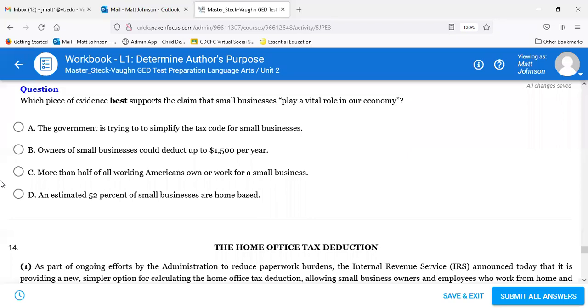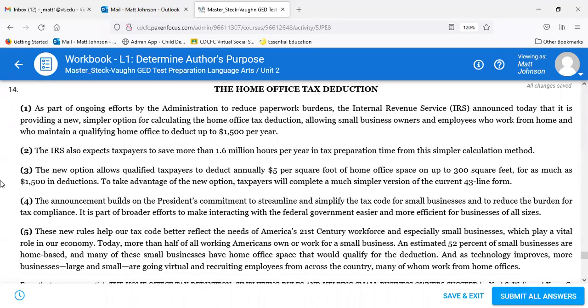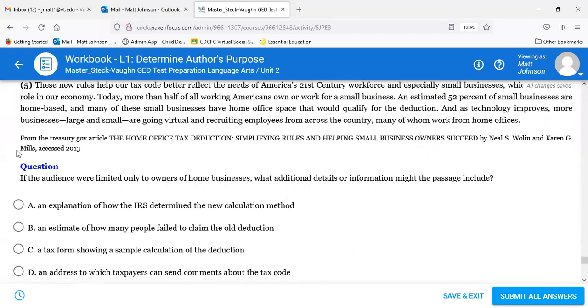C. C, yeah. Why is small business important? They play a vital role in our economy. The evidence that they use here is that more than half of all working Americans own or work for a small business. So 13 is C. That's how they're going to convince you that this is important. And then